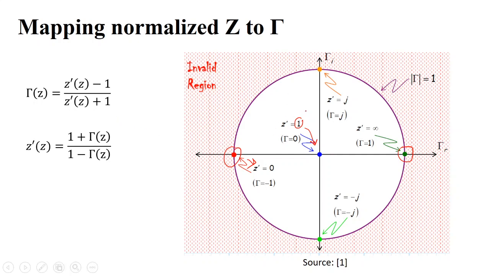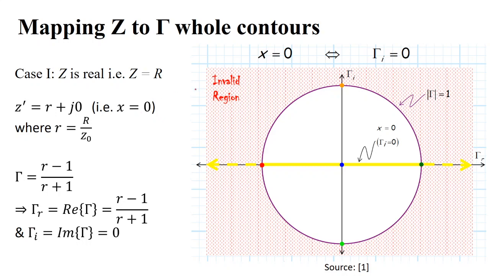Now this is how you can view it. Now in the first case, when Z is real, if the impedance is real, the normalized load will be given by R plus J0, so X is 0. Where will it map? When you find the reflection coefficient of this case, because R is real, R minus 1 over R plus 1 will become real. So this will have only a real component, there will be no imaginary component. So the imaginary component will be 0. When you map this, the real value will depend upon this R. So it will be a different value, but it will be real.